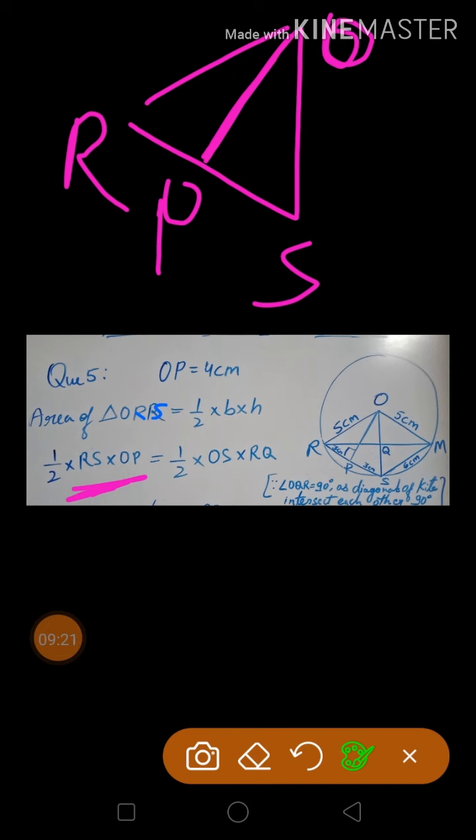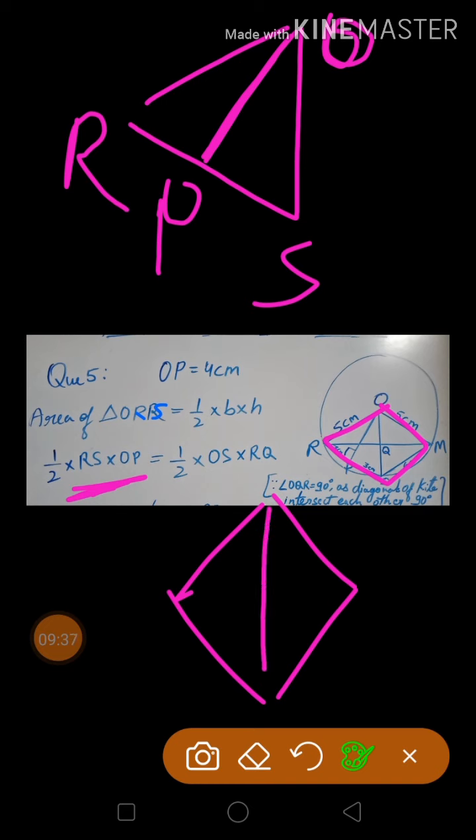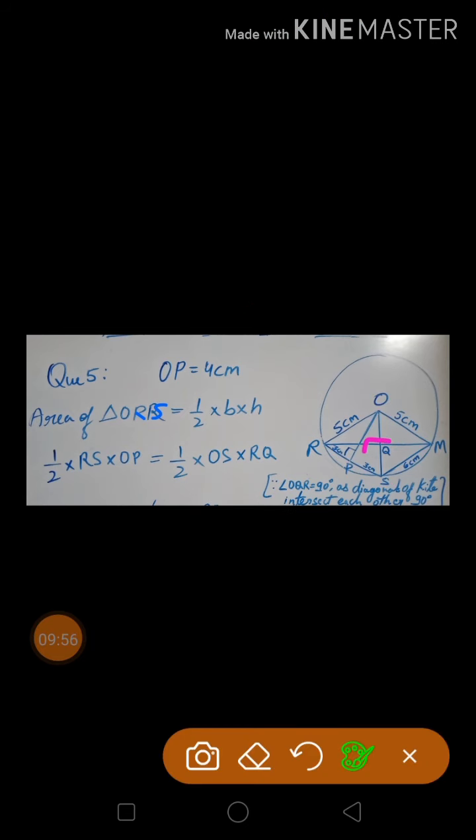And see, this shape is also a kite. Kite is also a quadrilateral. We know that a kite is a quadrilateral in which the diagonals intersect each other at 90 degrees, means they make a 90 degree angle. When they intersect, a 90 degree angle is there. So this angle is 90 degrees, this angle. So the same triangle,